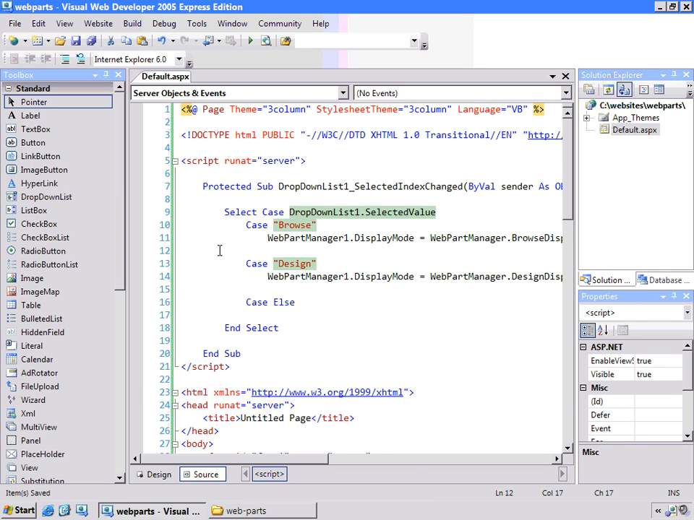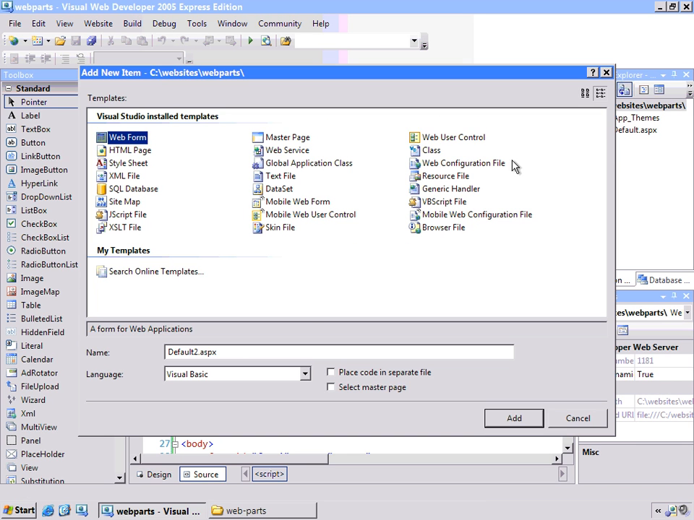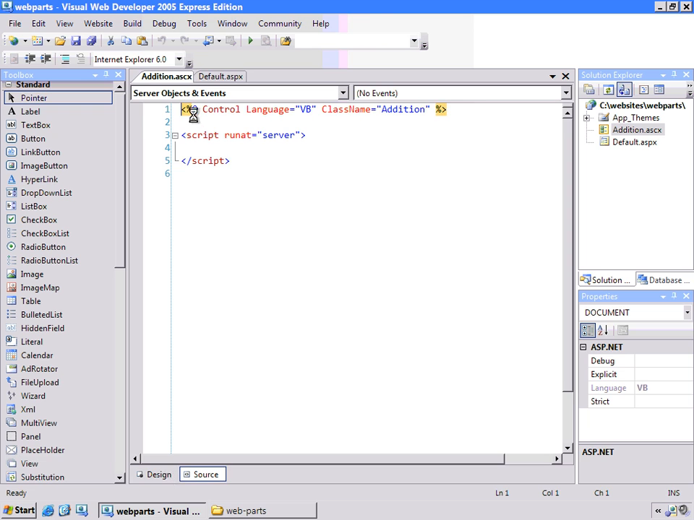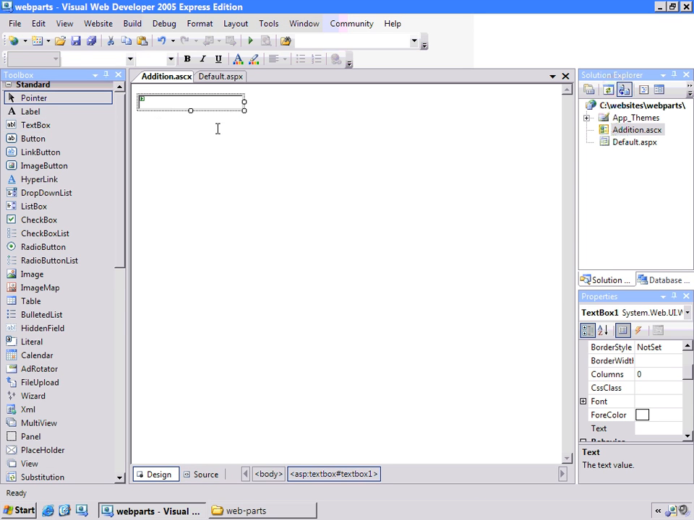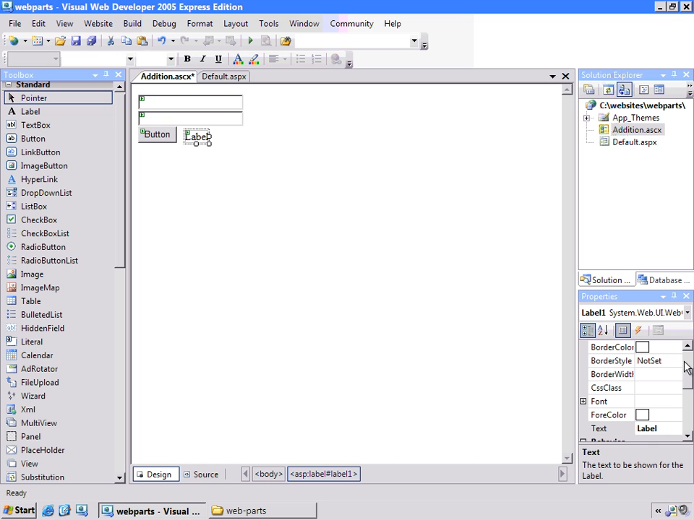So now I'd like to add my own web part, or my own custom user control, and that's really simple. I will go and add a new web user control, and this will just add a couple of numbers together. So I'll call it addition, and we just need a couple of text boxes and a button and a label to display the results in, and I'll set the default value